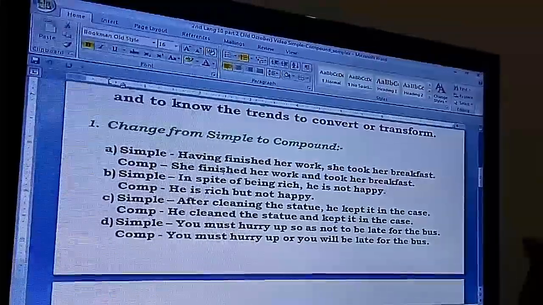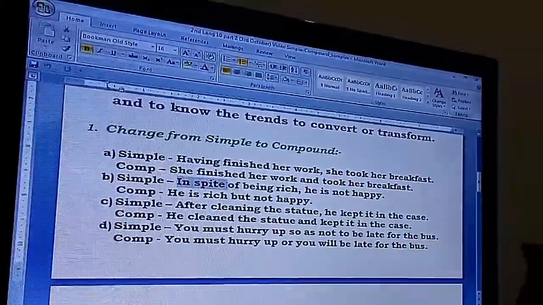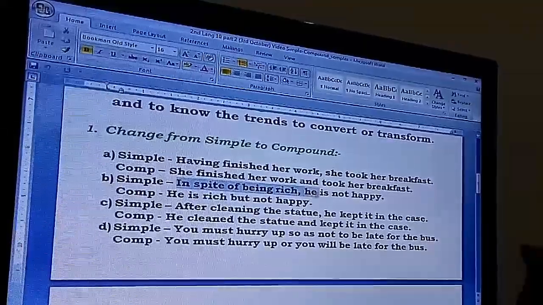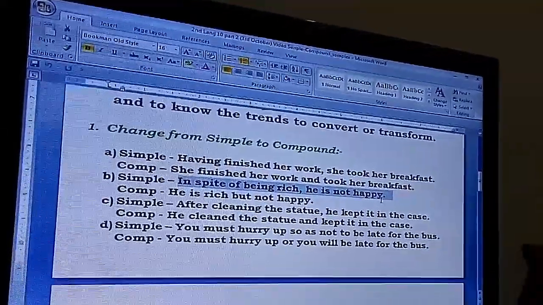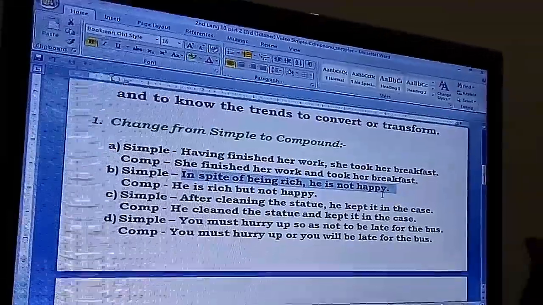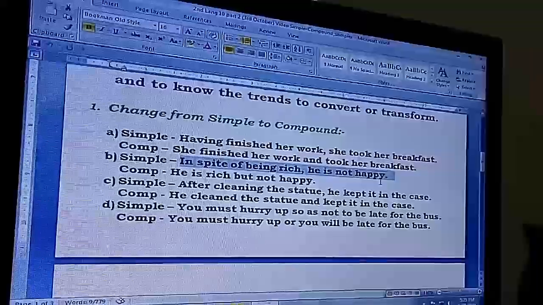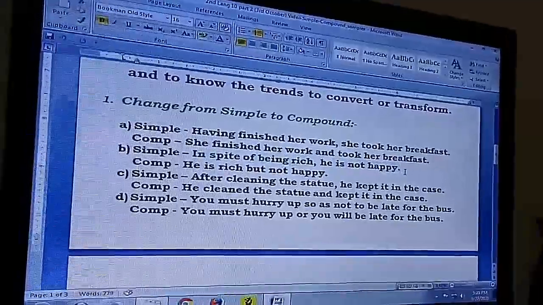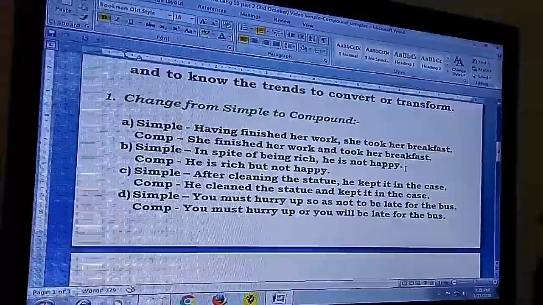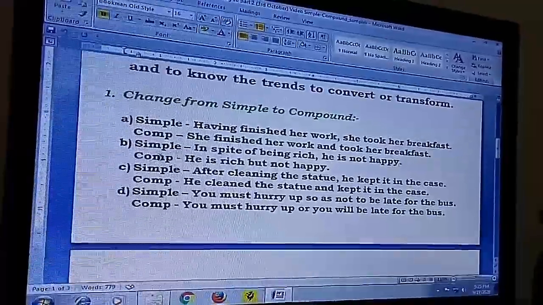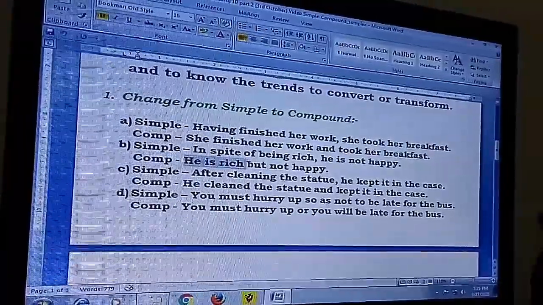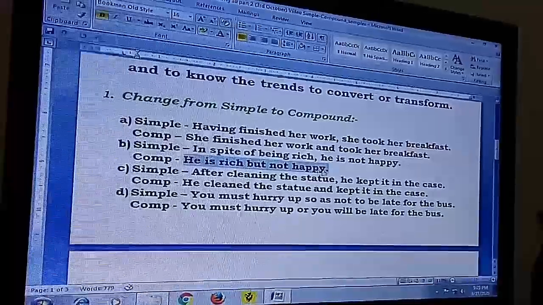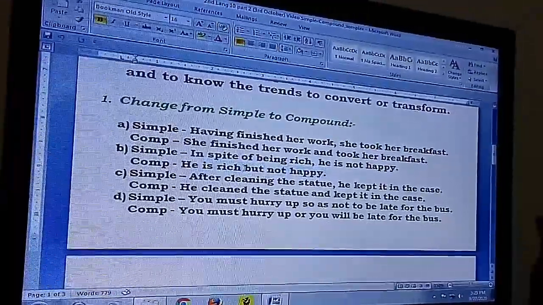Another example: in spite of being rich, he is not happy. We feel that all rich people are happy people, but in this context there are many people who are not happy although they are rich. Compound: he is rich but not happy. See the word here, the "but"